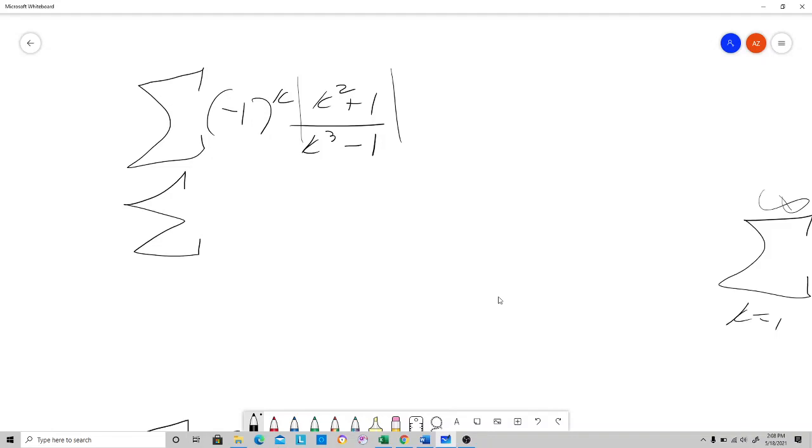That's a really bad sum. k squared plus 1. I'm not going to write the absolute value signs just because I know what I did. I mean, I'm just going to do it. Okay, so now we're going to compare. Now the best thing to do is to compare it to another series. So if we compare it,